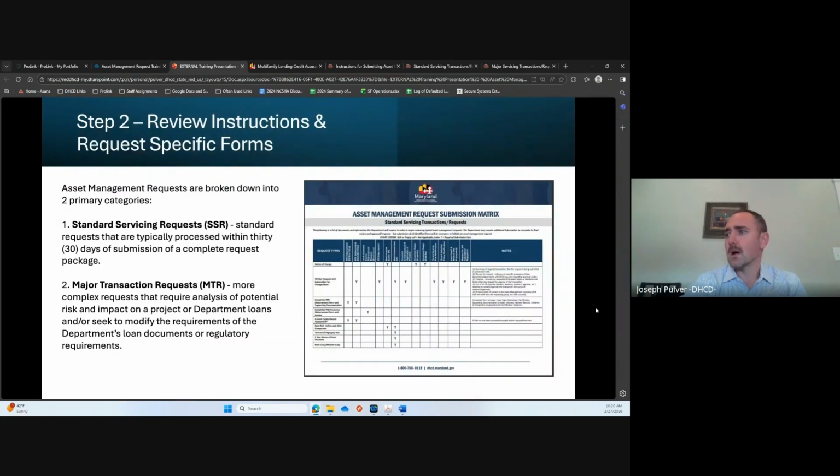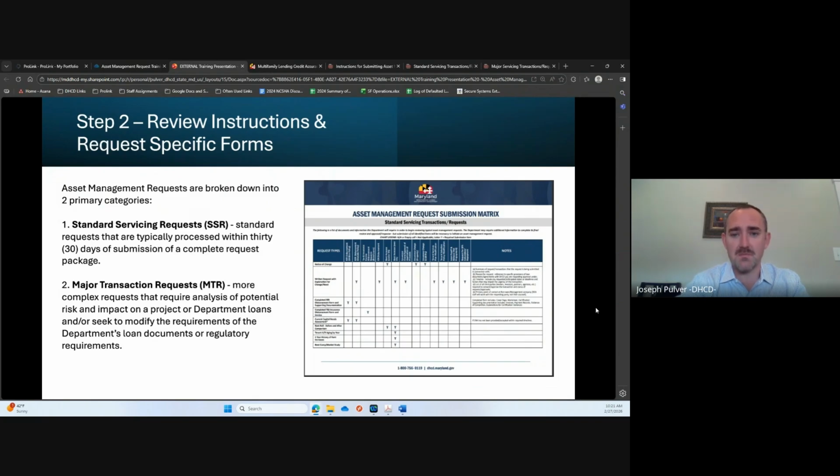All right, so you're going to hear me reference throughout here, and you'll see that the documents on our website break things down into standard servicing requests and major transaction requests. So those are general categories that we use for identifying the type of request. When you're thinking of a standard servicing request, these are requests that are expected as part of the process.